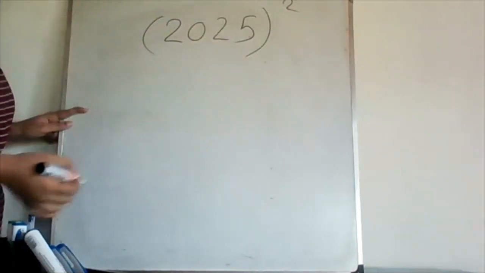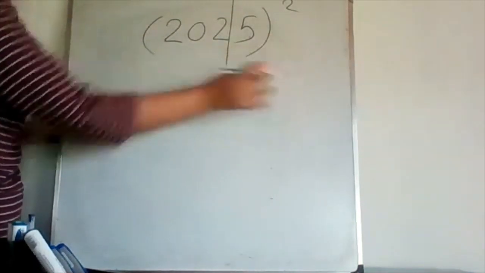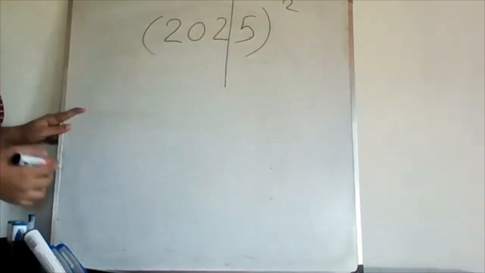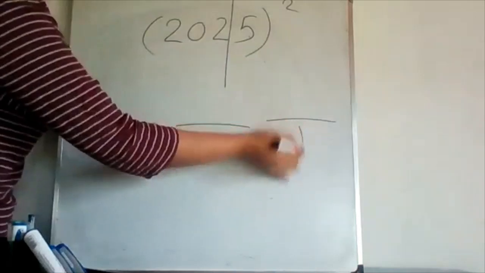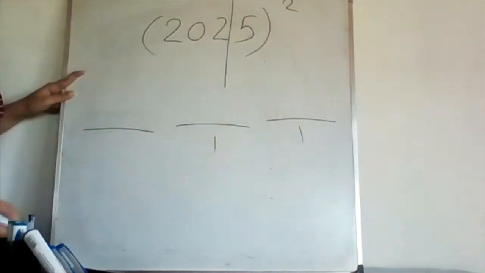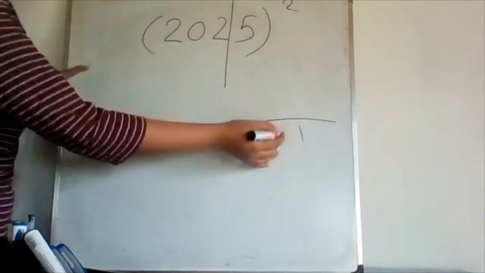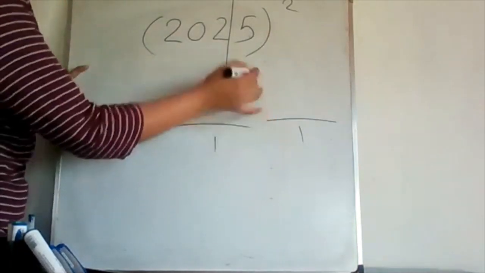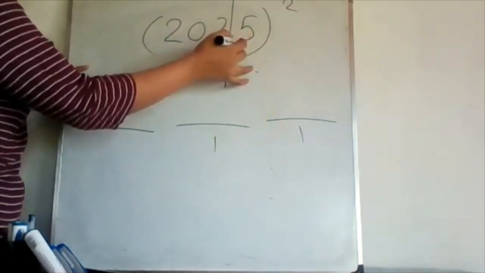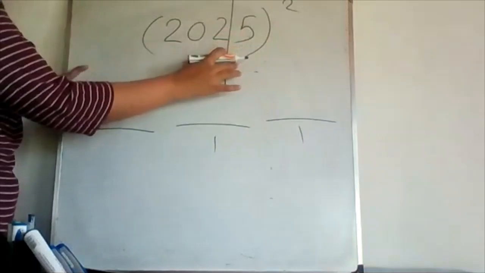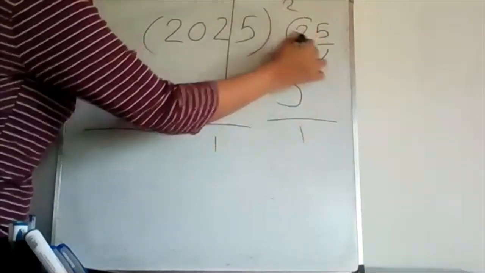So the first thing you need to do is to divide the number into two groups. The last digit is for one group and the rest of the digits are for the next group. And then after that, consider the answer as three groups. Here only one digit is allowed. Here also only one digit is allowed. And here there are no limits for this group. And after that, first of all, we have to find out the value for this group. The value for this group is the square value of the last digit. That means here 5. 5 squared is 25. So this 5 comes here and this 2 is remaining.